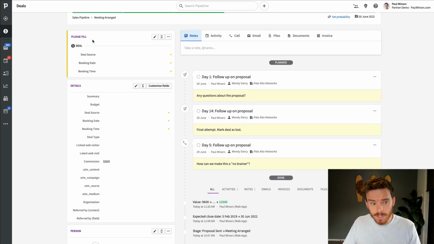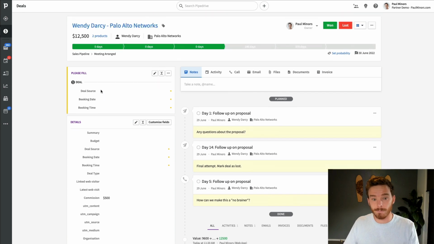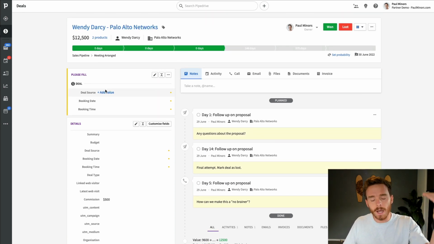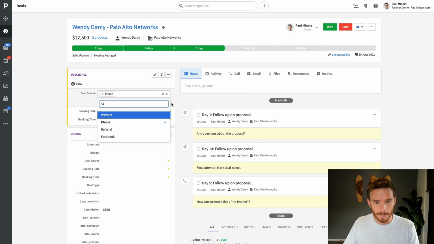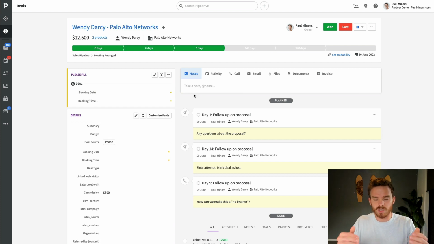So you can see these ones here in this yellow box, these are marked as important, which means that they're being highlighted. It's prompting the salesperson to fill in this field. And that's okay, that's quite useful because it's just sort of highlighting that field. But if I want to make it so that I can't update the deal without filling in a field first,